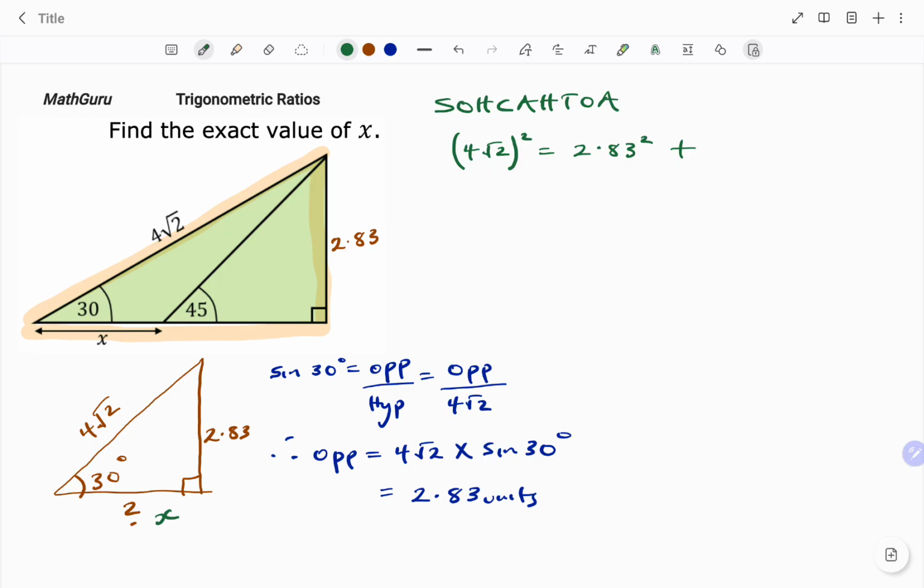Now I'm going to use another variable because I already have x, so I'm going to tag that z. So I can call that z squared. Therefore, z squared is equal to 4√2 all squared, 32, minus 2.83 all squared, that's 8.0089, which is equal to